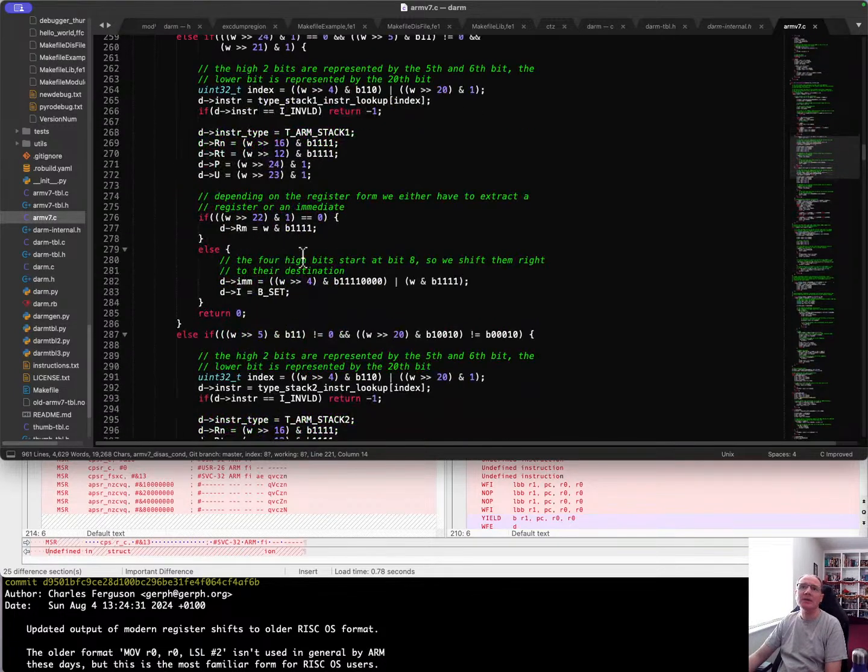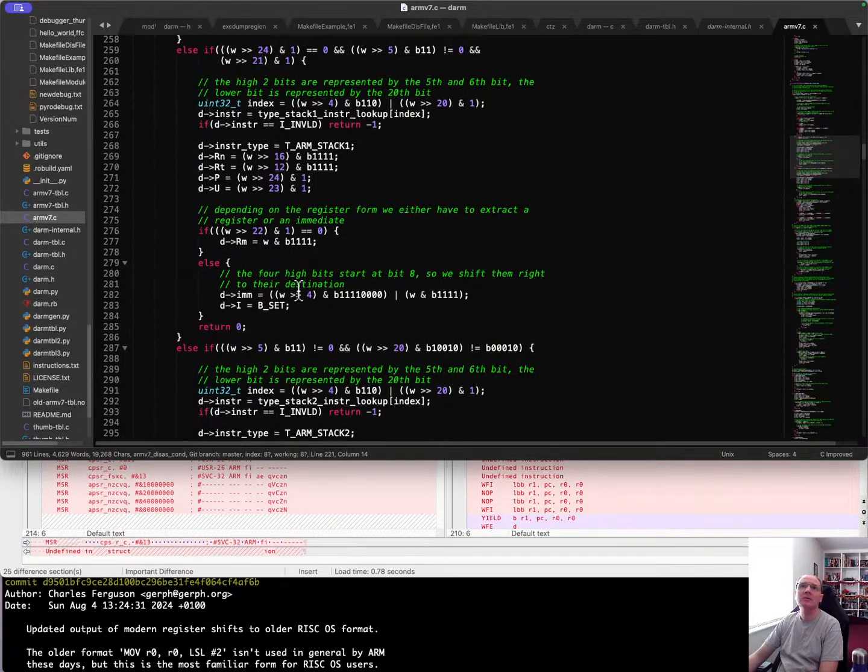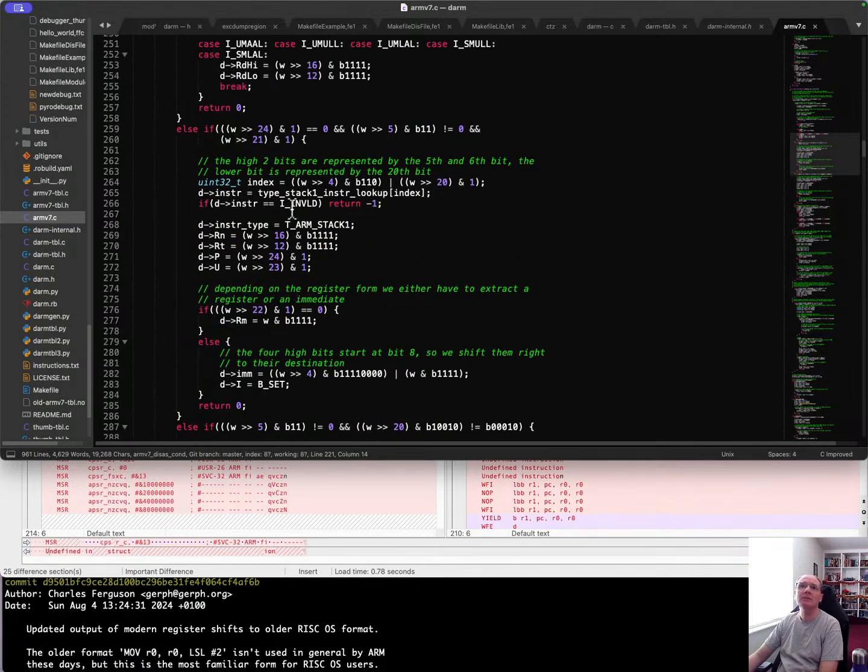Not sure what instruction that is. Stack 1. I'm not sure what stack 1 means. It's obviously a particular type of instruction there. Not sure. But anyway,